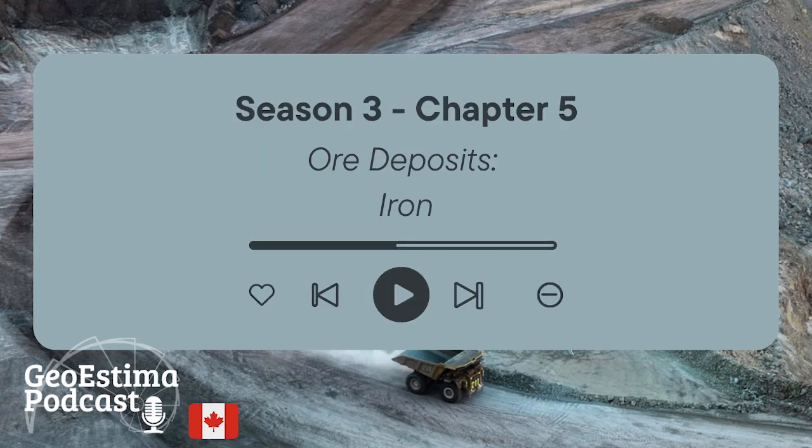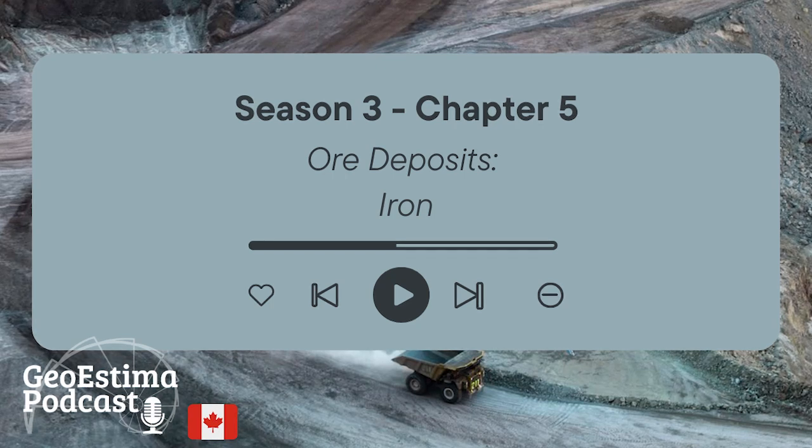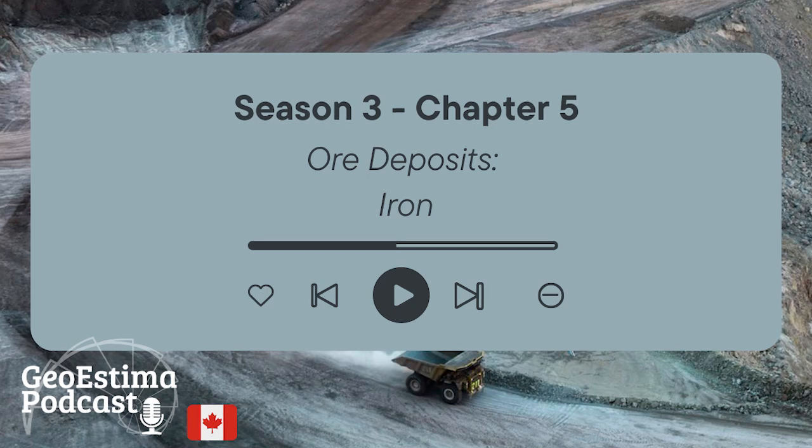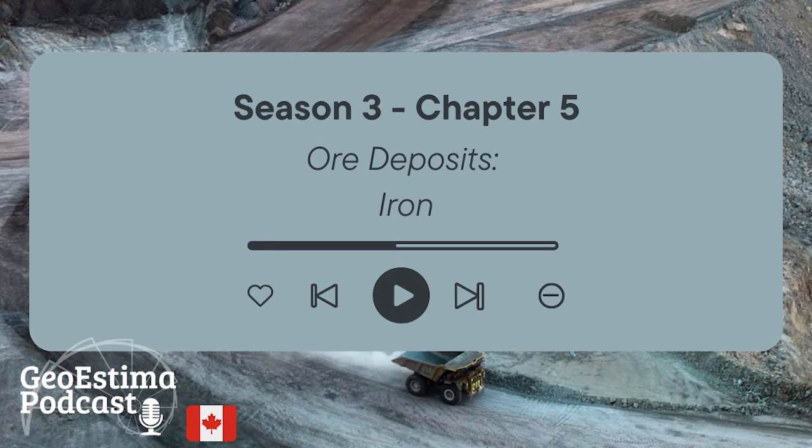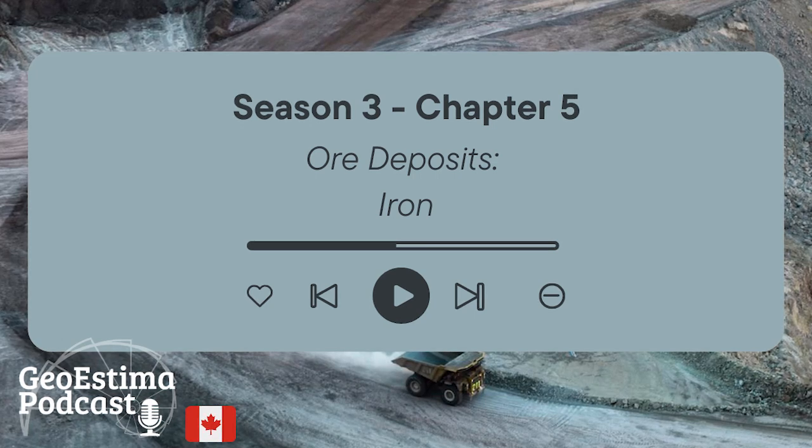There are three main types of iron ore deposits. Banded iron formations, BIFs. Iron oxide apatite deposits, IOA. Pisolitic sedimentary iron deposits. Each of these deposits has geological and economic characteristics that make them unique and strategically significant